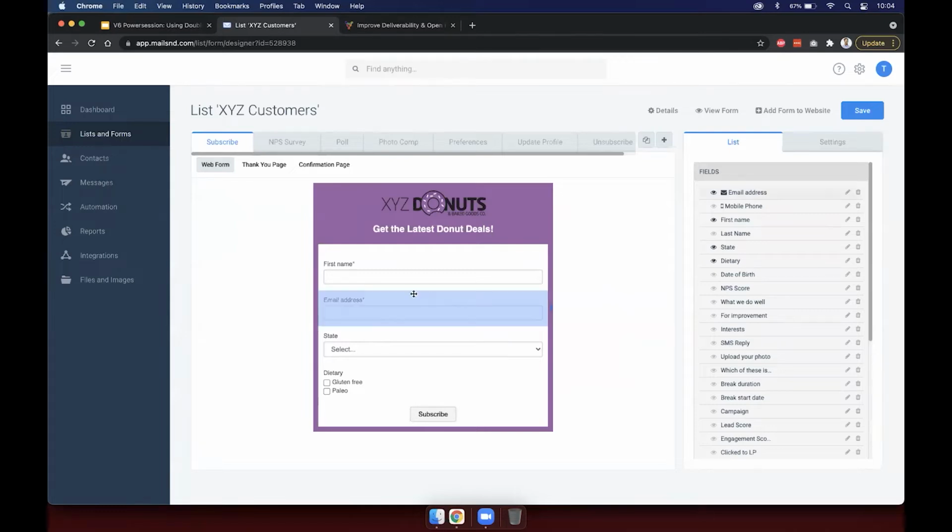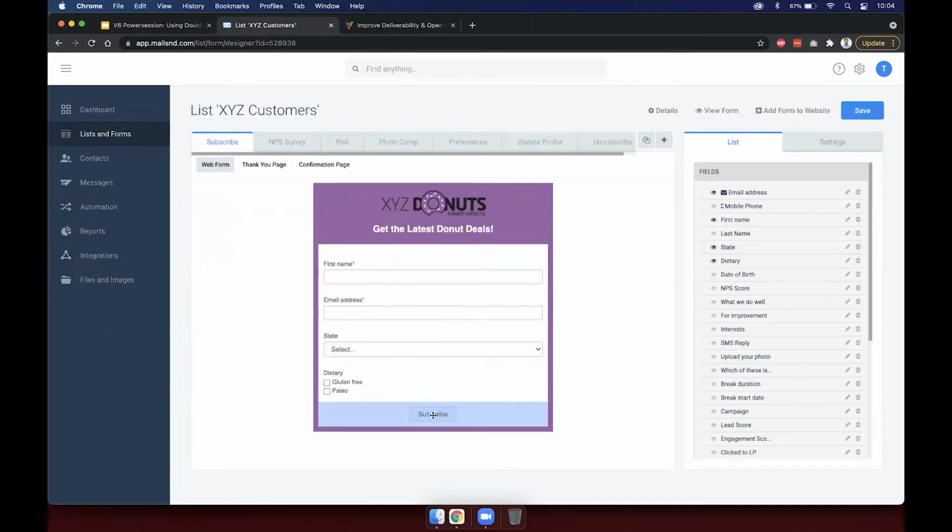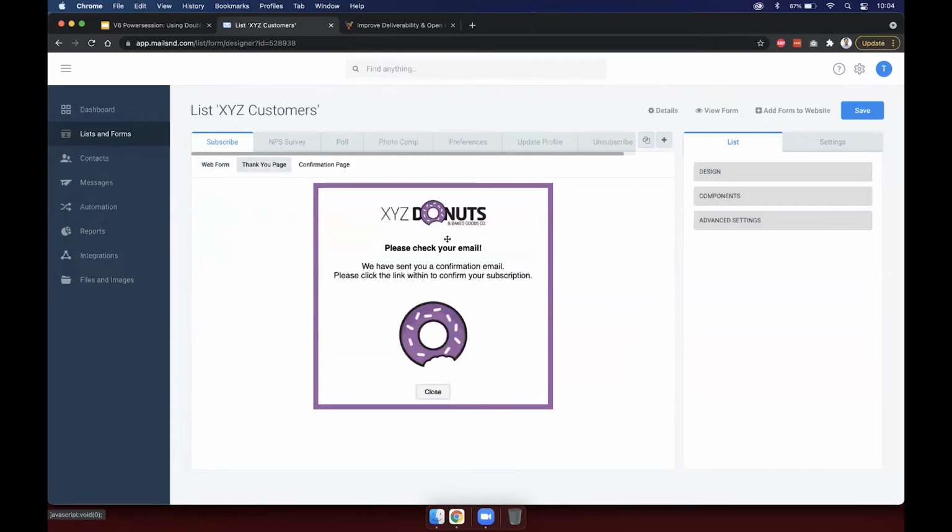This is the little form here. So we can customize the questions on here, of course, and that type of thing, but that's for another session. What we want to look at here is the thank you page as part of the subscribe form. So this appears when the user fills this in and presses subscribe, it will take them to this thank you